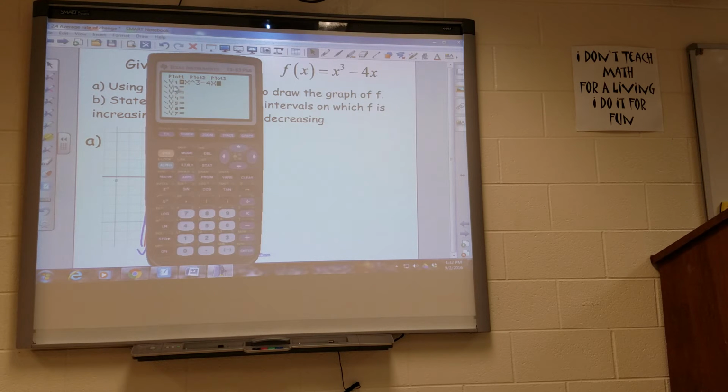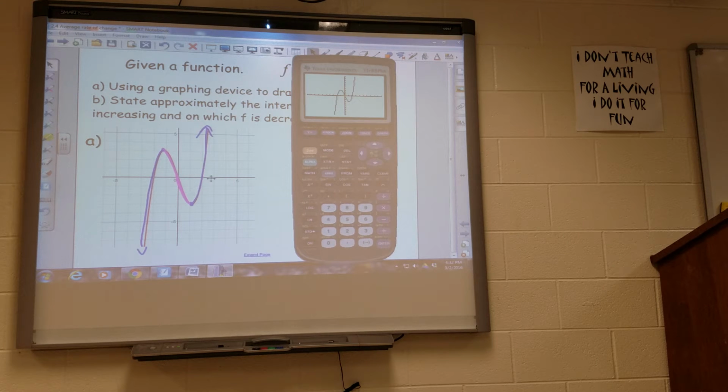So when I type in x cubed minus 4x, I get this graph. And that looks very similar to the graph that I did on Desmos. I just did it on Desmos, as I said, so I could explain increasing, decreasing a little bit better. So here on our TI-83, on the graph,